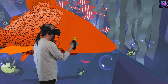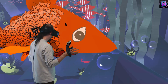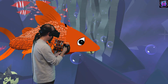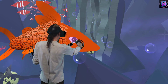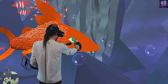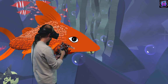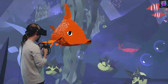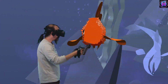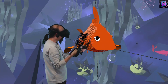I'm actually going to grab those pieces and group them so Tilt Brush is going to consider it one piece. Now I'm going to put it in place. What looks good for my fish? Right about there, I think. That looks good. That looks pretty good. So what I'm going to do, getting a duplicate to line up is very, very difficult. So now that I've got it the place I want, now is when I get the mirror